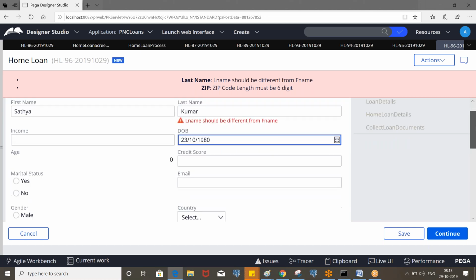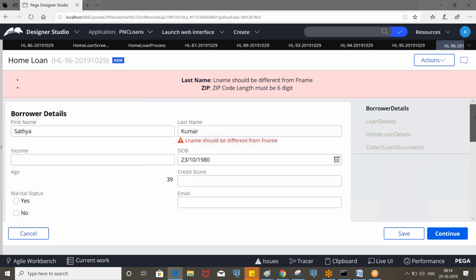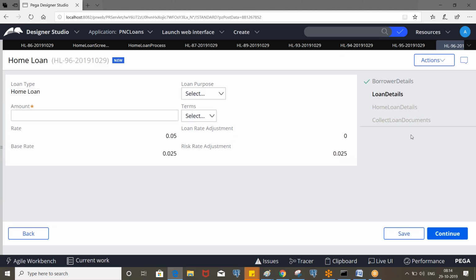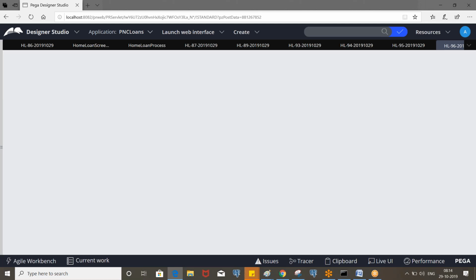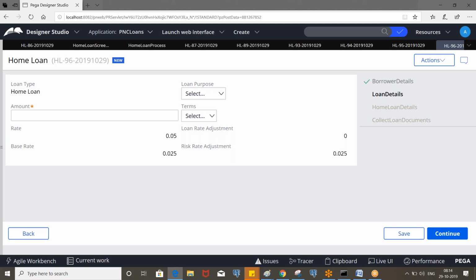Clear? By default it is allowing, but we need to select this option for all. So now you cannot go to the home loan, but you can come back to the borrower details because you've already completed them. Okay, so this is the behavior of the screen flow, tree navigation.